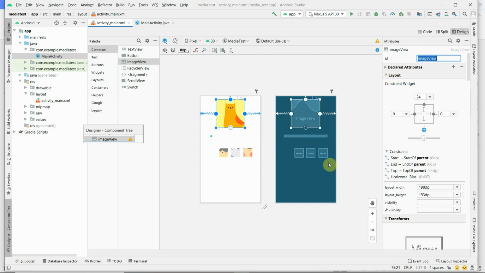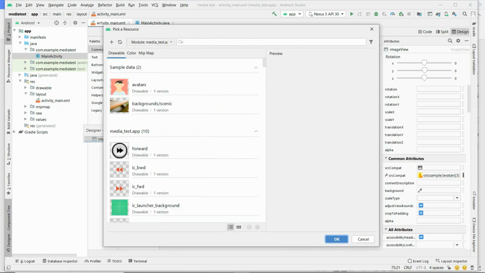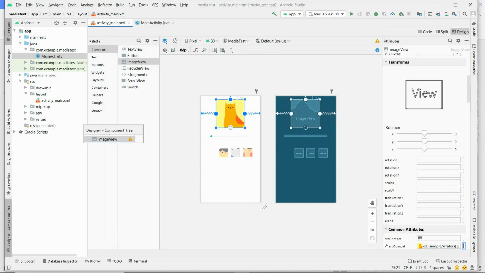For the image, you have to set it using src compat. Click on src compat to pick a resource. You can select any resource. It will be updated when you execute the program.